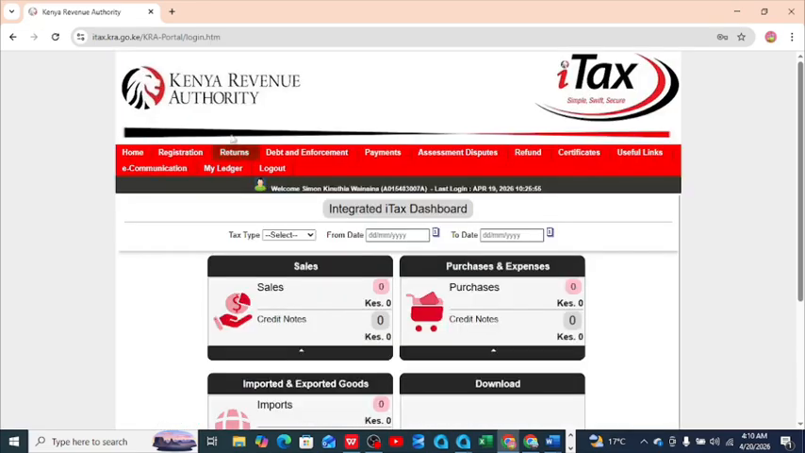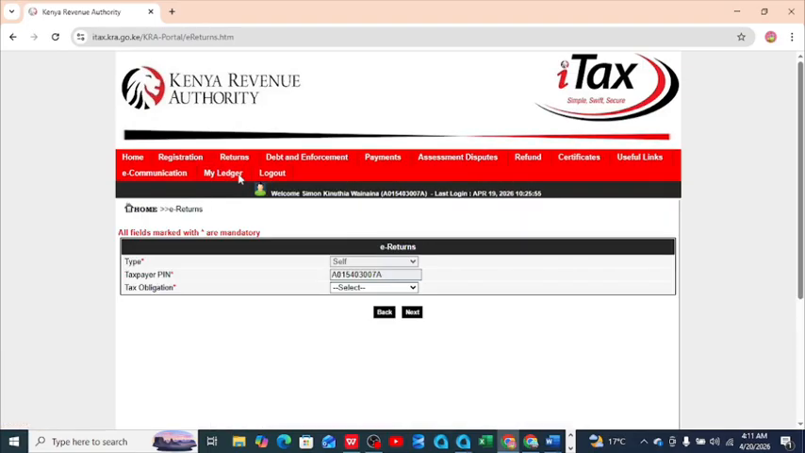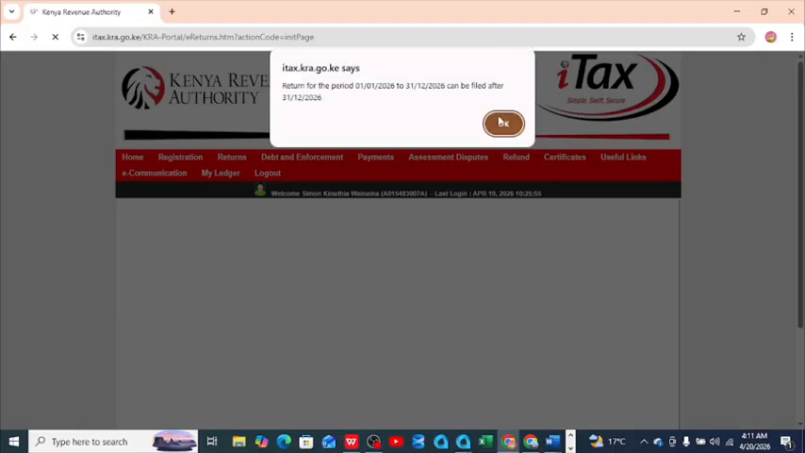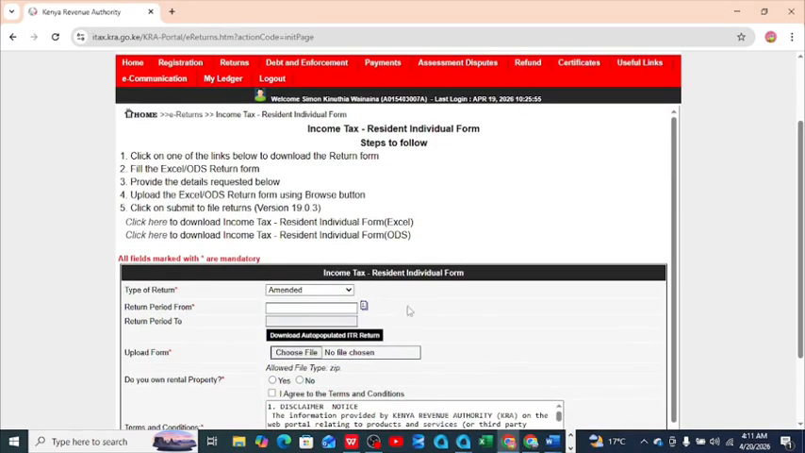After logging in, I need to come to where we have return. So you just come here where we have file return. I have already filed my returns. So I'll come here where we have income tax resident. This data will be populated, the type and the tax PIN. The tax obligation is that I'm a resident individual. So I'll just click here. In my case, it is appearing amended, but in case you are doing it for the first time, it will be original. You just need to enter the period, which is from 1st January 2025